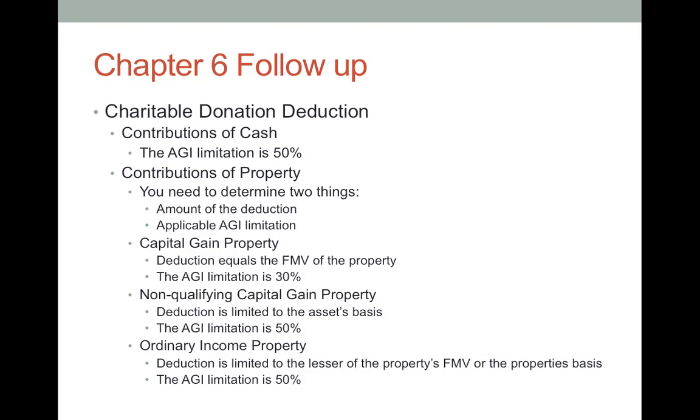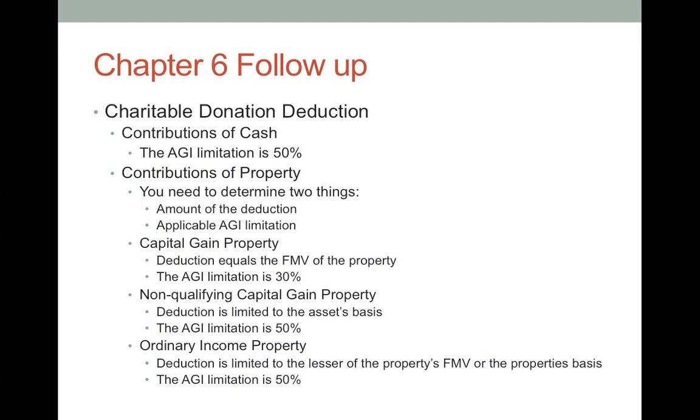Okay, so capital gain property, the amount of the deduction is going to be the fair market value. The AGI limitation that applies is 30%, and again, in a second, I'll go into detail about what that means. The second type of property you might donate to a charity is non-qualifying capital gain property. So this is basically capital gain property